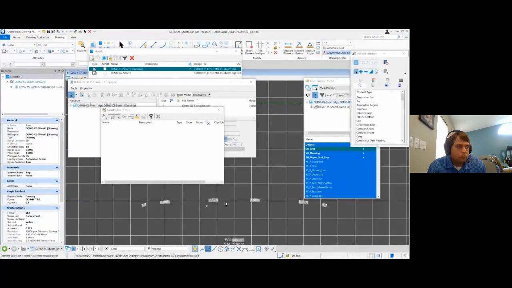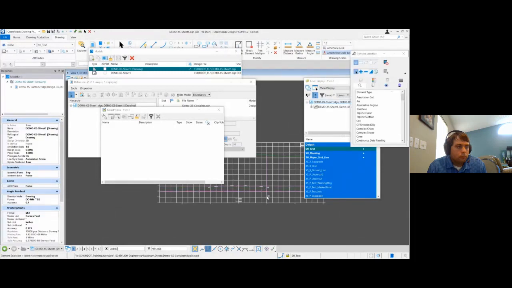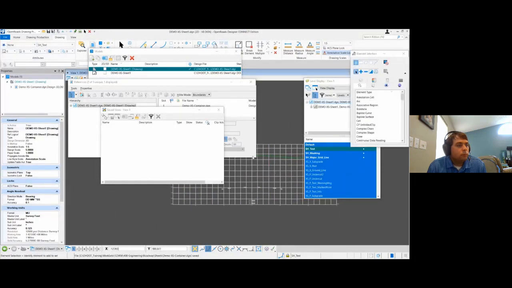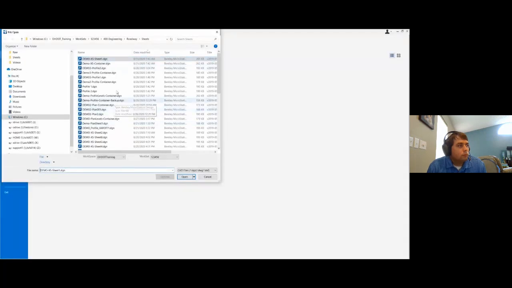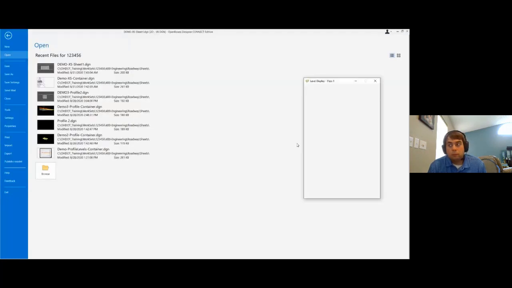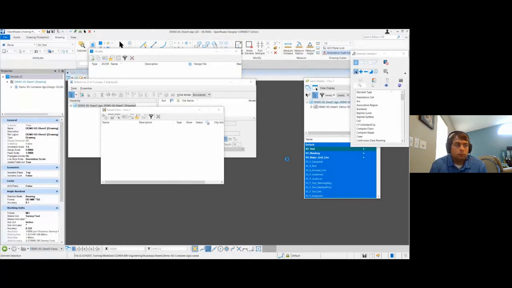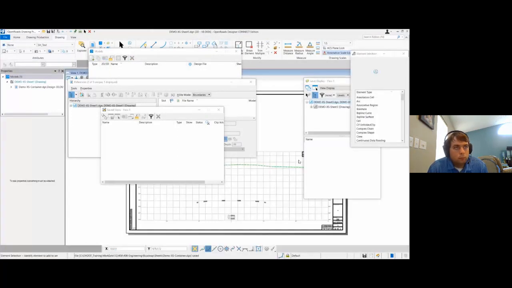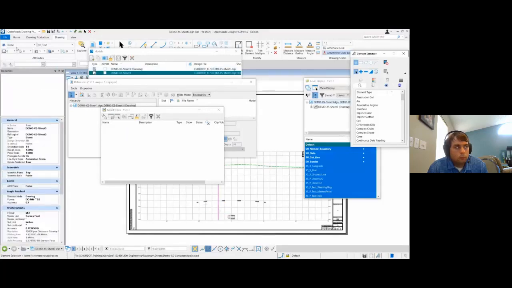I can see annotation, but the levels I turned off, they're all off, and I can easily go to another container file here just to show you that they'll be off in those files as well. You can see they're off there.